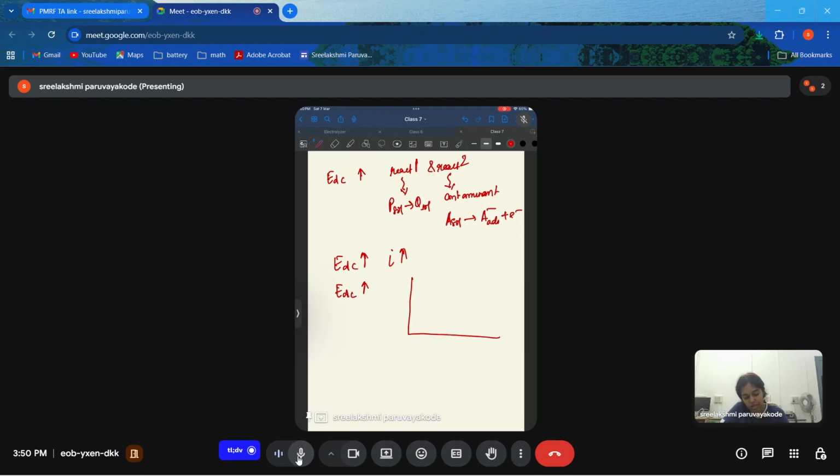So this means initially the faradaic current I versus EDC keeps on increasing with the increase in EDC, but after a point it decreases because the surface is covered by the contaminant. So at any EDC up to this point it has positive current, and we are taking differential impedance. So what does it mean? When EDC is low and the current keeps on increasing, you get an impedance where the real part is in the positive side, positive x-axis. Whereas when we are going to this area,